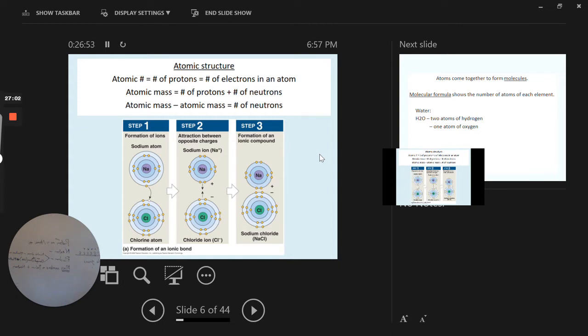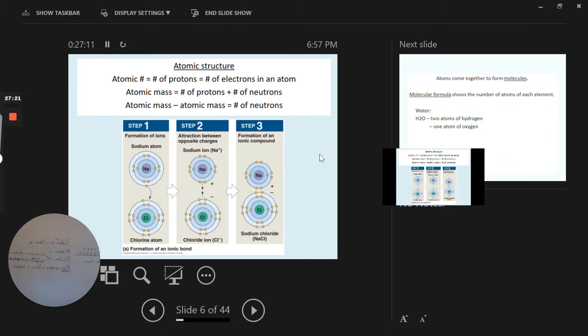Now, can you tell us why you have 7? Because the total electron number is 17. Total is 17, then 2 plus 8 is 10, 2 plus 8 is 10, which means there's 7 left. So the 7 is going to be here. Now, is